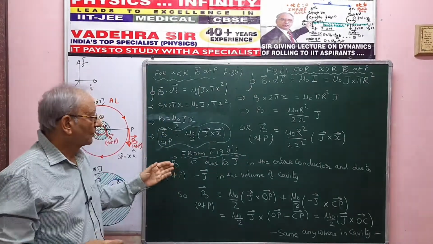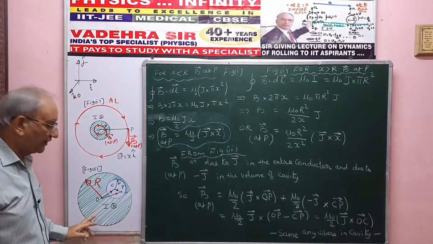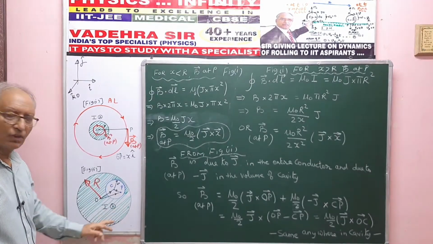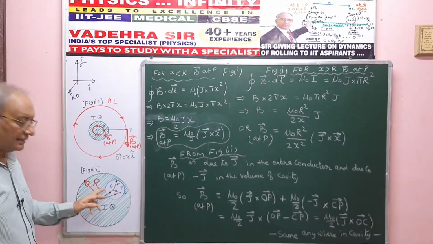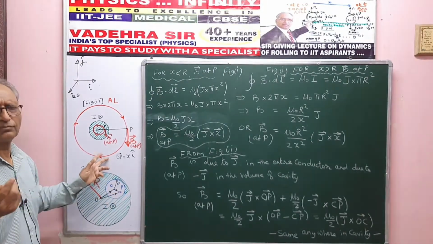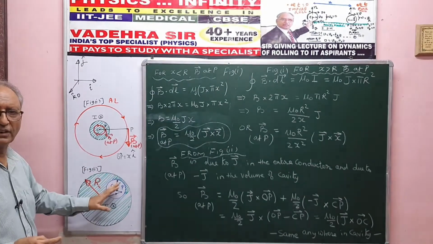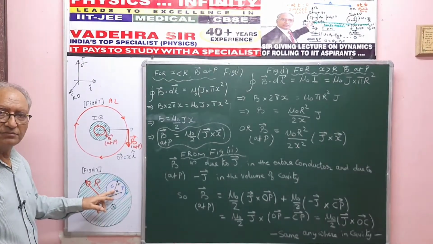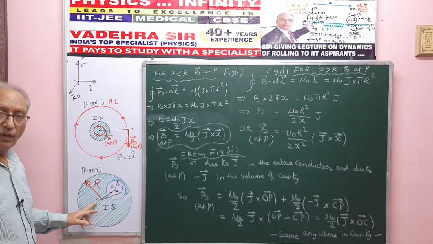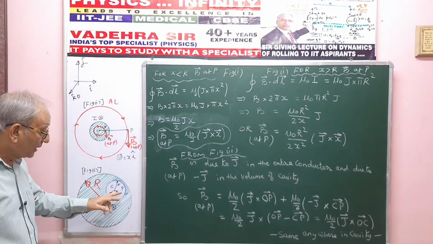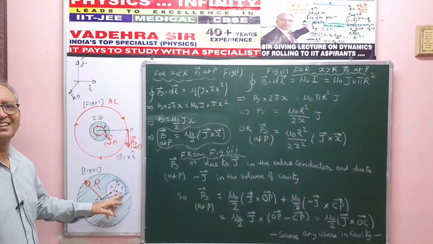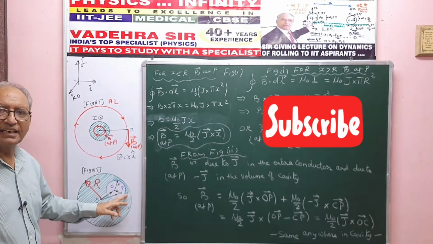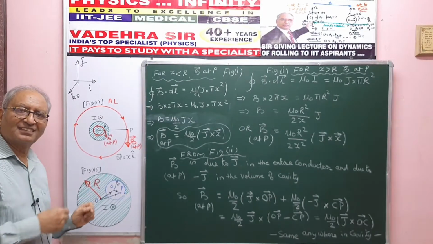So here you are. I refer to figure 2 now. This is my figure 2. Have a look at the figure. This is the cylindrical wire, the black one, of radius capital R. Then there is a hollow pipe. Okay, that is a hollow pipe. So cross sectional, it will look like a circle of radius small r. C is the center of the cavity and O is the center of the wire. P is a point within the hollow pipe, so within the cavity. And we have to find the magnetic induction at P in the situation given.